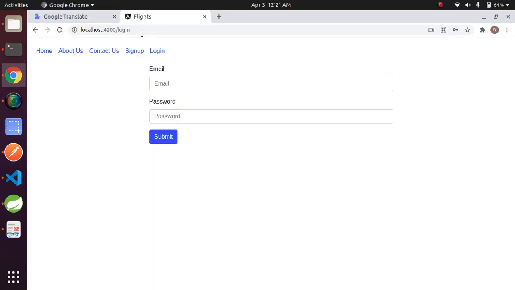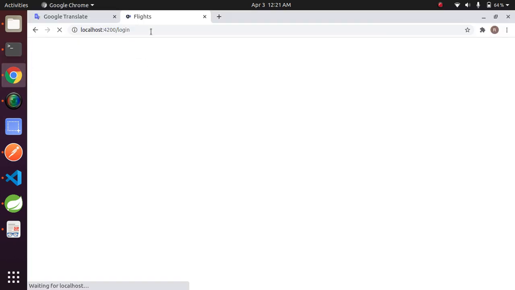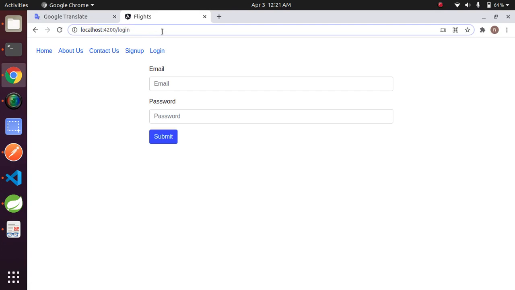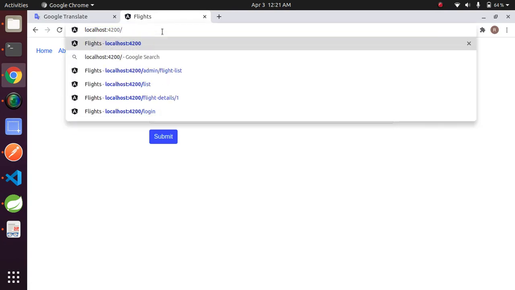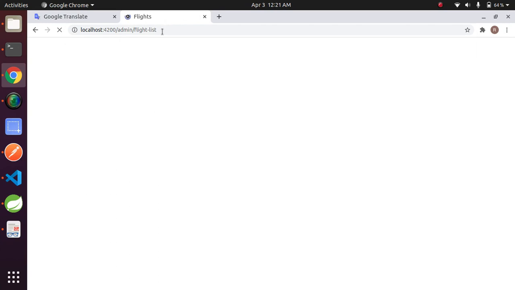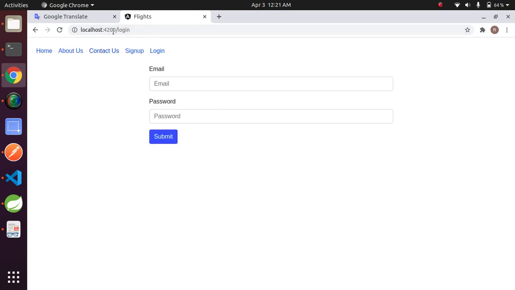Go to the browser, refresh the page. Let's try to access the admin flight list URL directly without logging into the system. If you look here, we are redirected to the login page, as we have set the redirect to the login page if the user is not logged in. This means our guard is working fine.